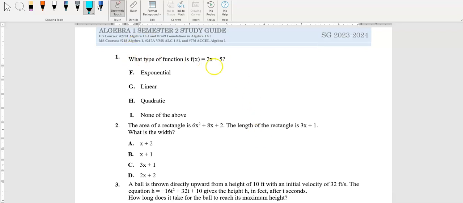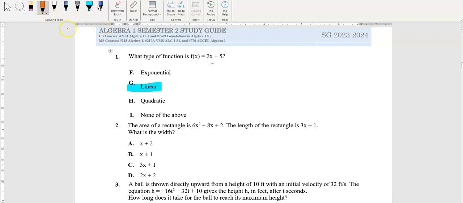So in our first question, we're asking what type of function this is, which is f of x equals 2x plus 5. We have exponential, linear, quadratic, or none of the above. As a reminder, I know the type of function based upon its degree, and the degree has to do with the exponents of the variables. Because it only has one variable, and that variable is to the power of 1, we know that this is just a linear